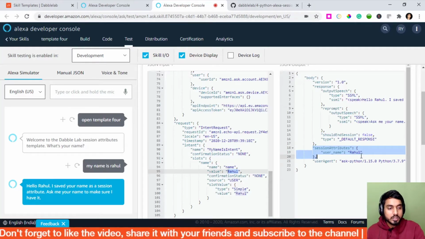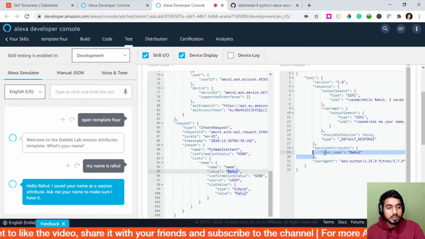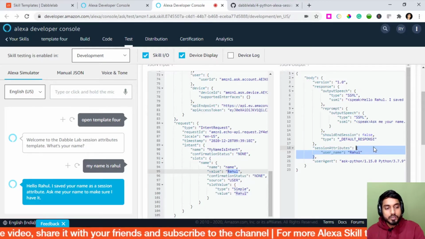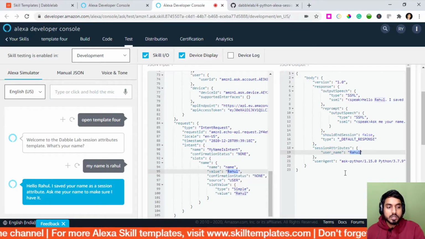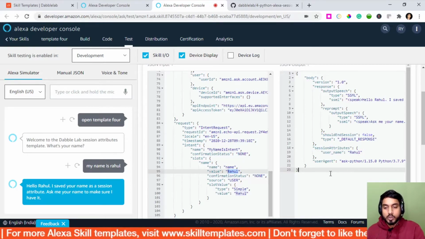So you can see here, as I told you, it's a dictionary with a key value pair. So the key is username and the value is Rahul. You can set the key name as anything as per your liking, and all of this is programmable through the code. So as you see, now we are passing the session attributes.